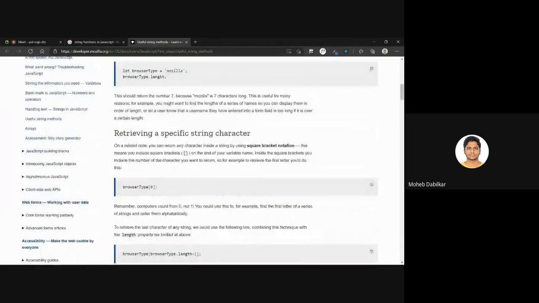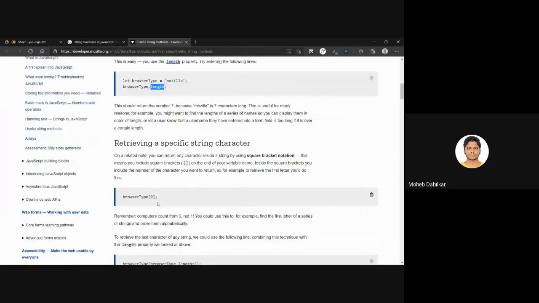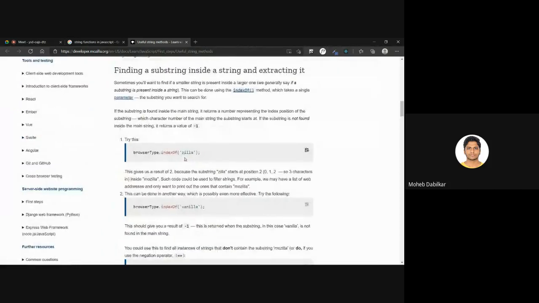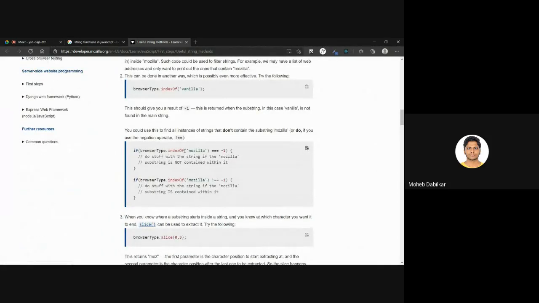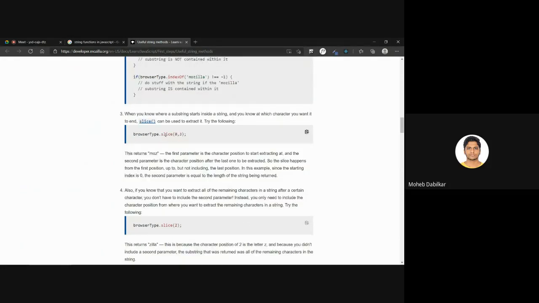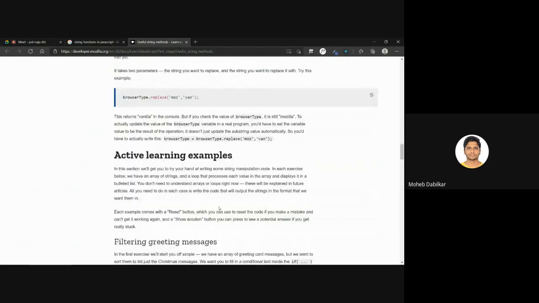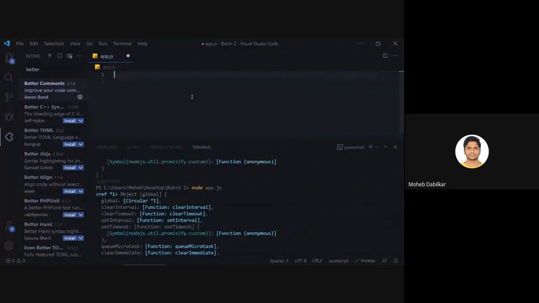So there are things like the length. We have length that starts from 0. And then you want to do this, and then index of. Then we can also use not equal to, and then slice, to lowercase. So first we are going to start working with strings. So we'll just say const str equals hello, I am a string. Now we are going to carry out some functions, so we are going to console log them.